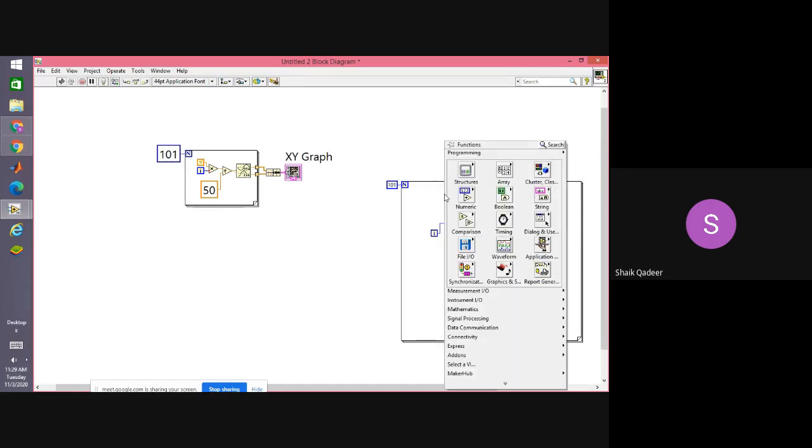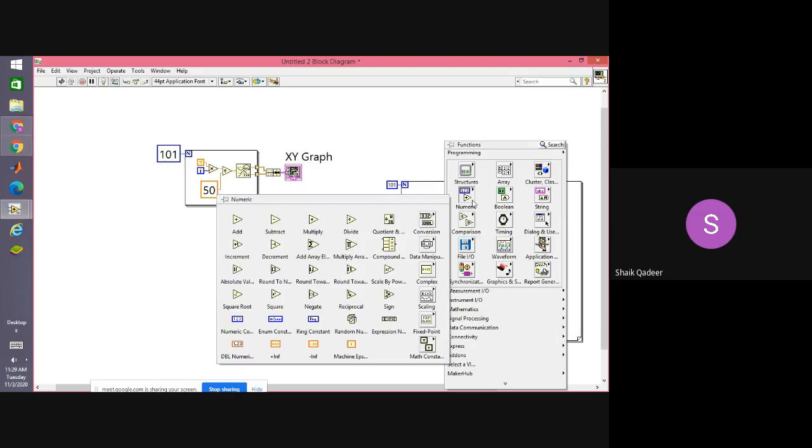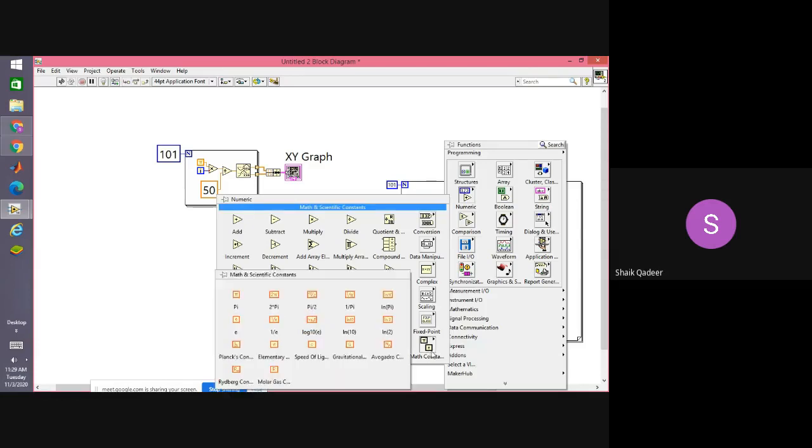Pi is available again in numeric. If it is difficult to find where pi or something else is, I will show you another procedure, but this is very easy. All mathematical functions are available in numeric under block diagram. Go to this math constants, select this pi.